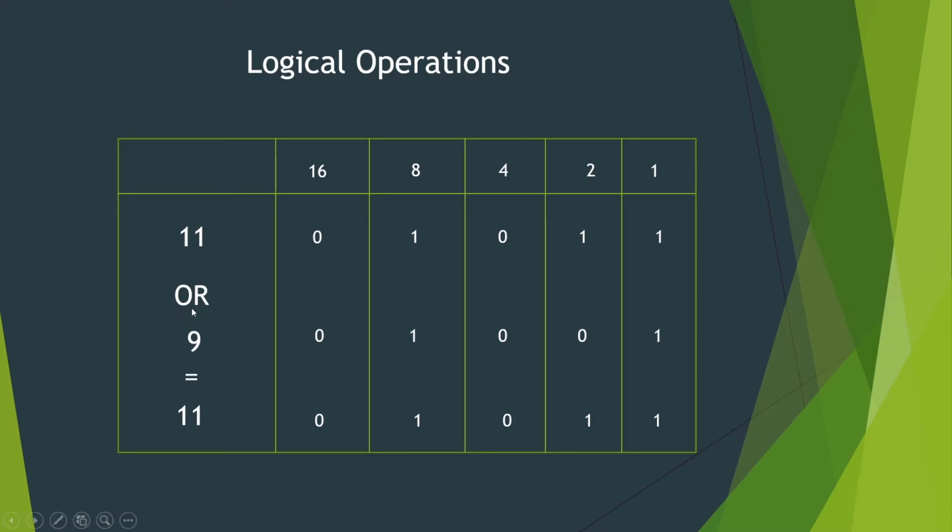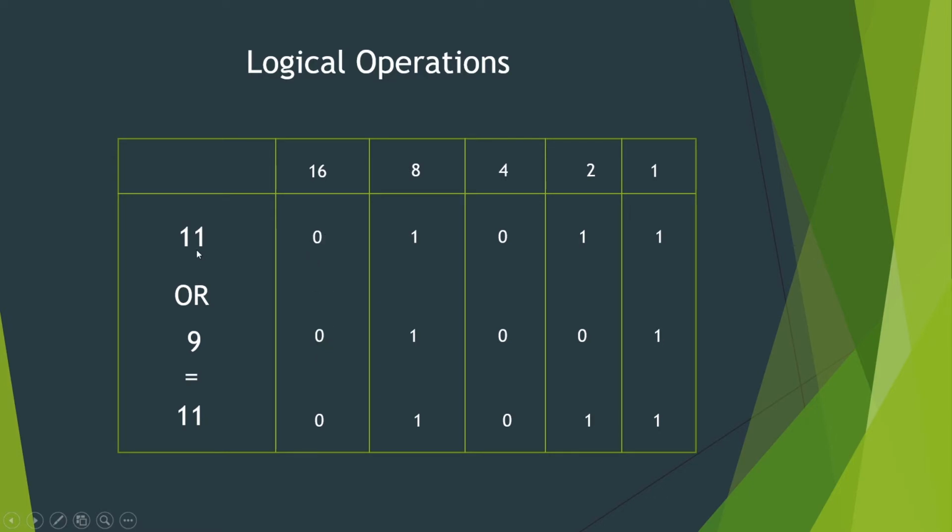I will explain the truth table, and we will find the OR between 11 and 9. The OR truth table is: whenever there are 2 bits, you perform the OR operation. If they are 0 and 0, then only the result will be 0. Else in every case, 1 0, 0 1, 1 1, the resultant OR operation is 1. So the false condition for the OR operation is only when the two elements are 0.